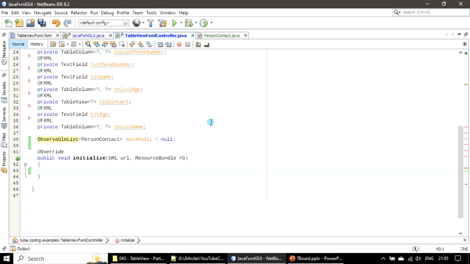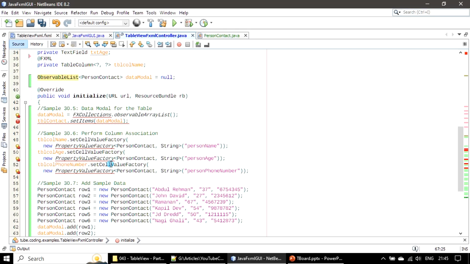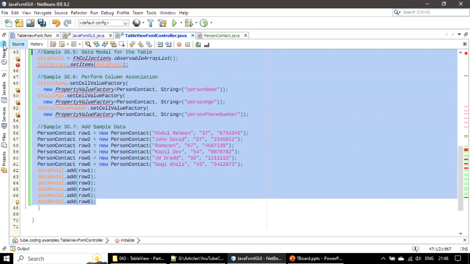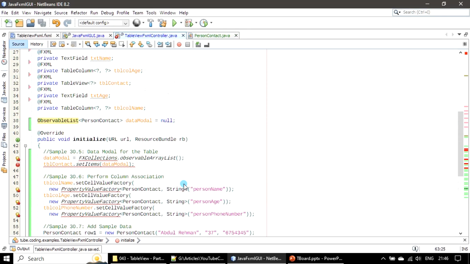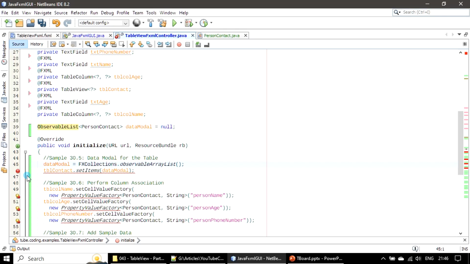The controller's initialize method will be called before displaying the stage. This code was already explained in the slide. Now we will just import the classes, javafx.collections, FXCollections, then